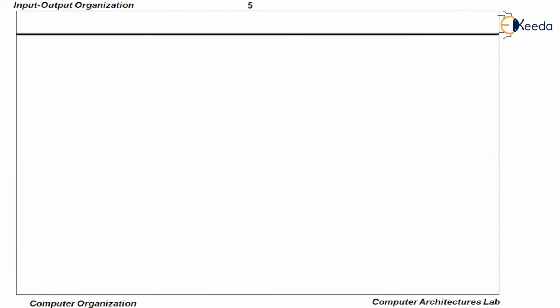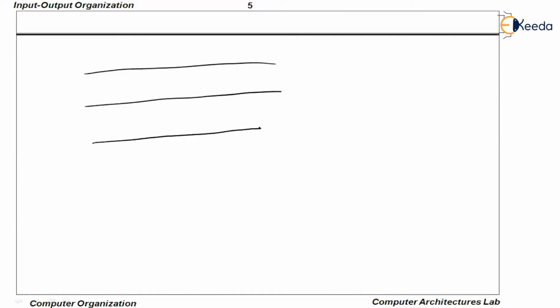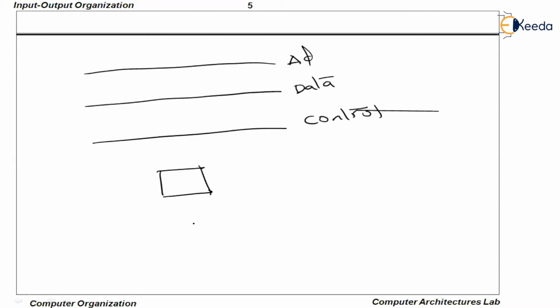Now let me show you clearly. This is address, this is data, this is control. This is the control bus. We will clearly discuss these things. So if you want to connect it to a peripheral device, this is a PD. I will talk about this later. This is peripheral device one anyhow.